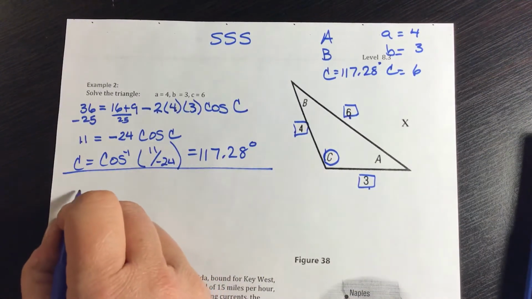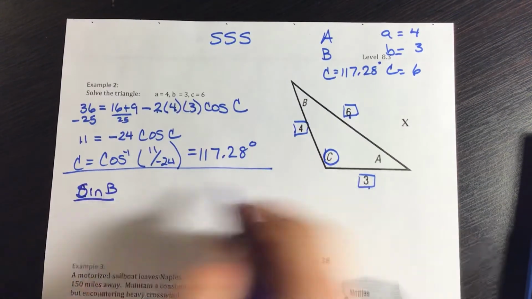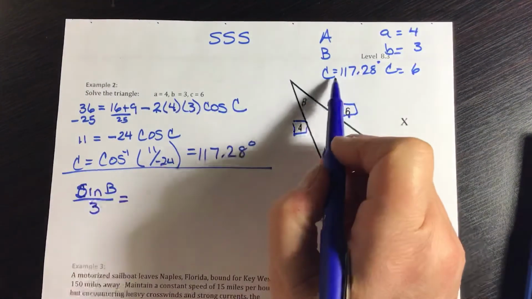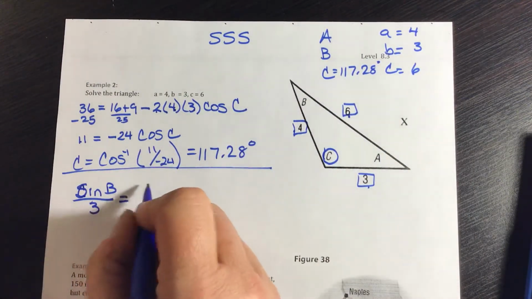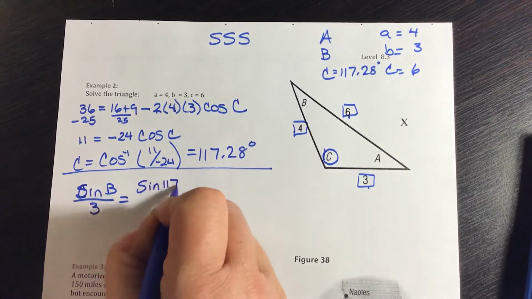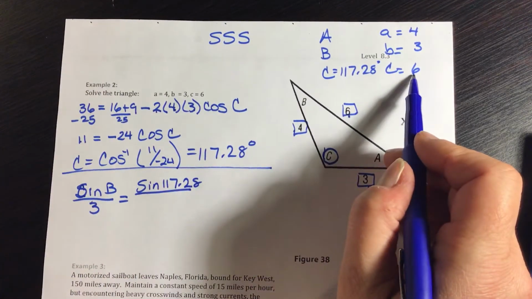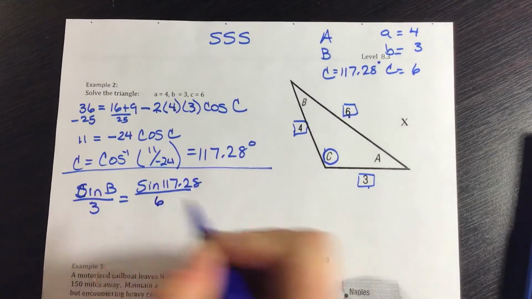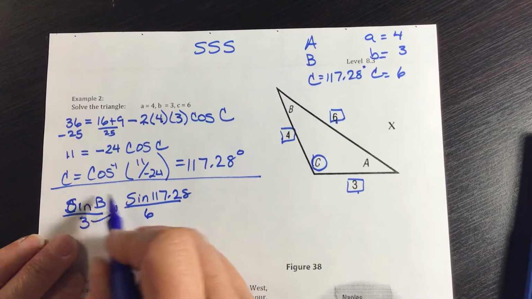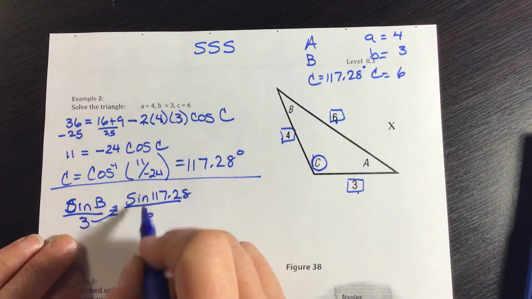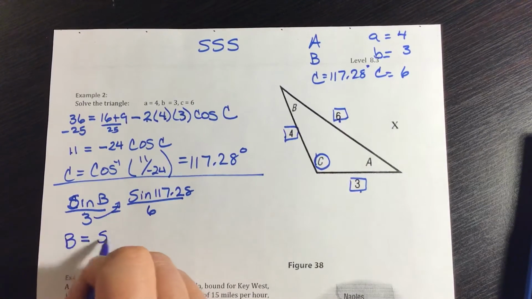So I'm going to do sine of B over 3 equals sine of 117.28 over its length across from that, which is 6. So I want to find B, so I'm going to multiply by 3 up here and then do the inverse sine of all of that. So B is going to equal inverse sine